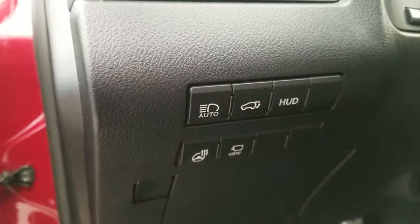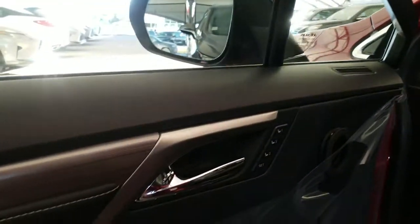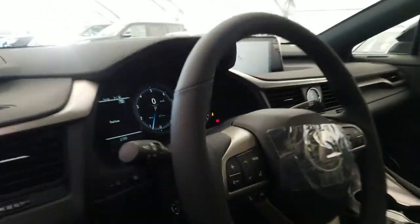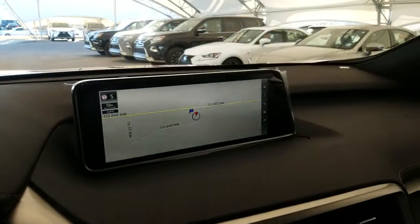automatic high beam, power liftgate, head-up display, heated steering wheel, panoramic view monitor, power tilt and telescopic steering wheel, driver's seat memory seating, power folding side mirrors, power adjustable front seating, hands-free controls, lane keeping assist with steering assist, dynamic radar cruise control with the pre-collision,